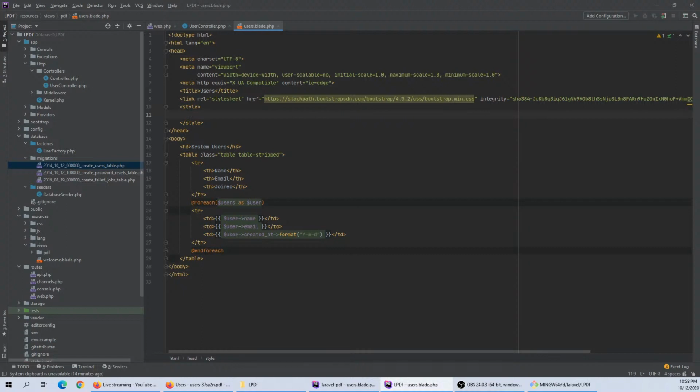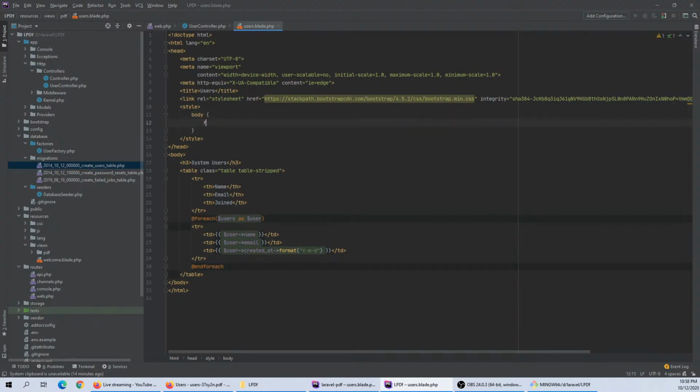Let's add a style tag, and for body, let's add font size to, let's say, 14 pixels. And yeah,